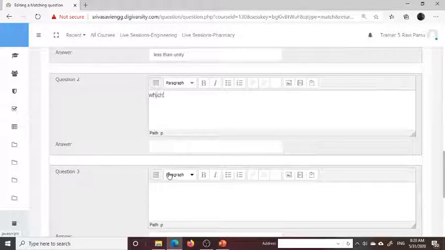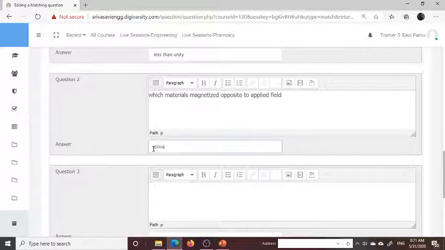Which materials are magnetized opposite to the applied field? Field. Diamagnetic.